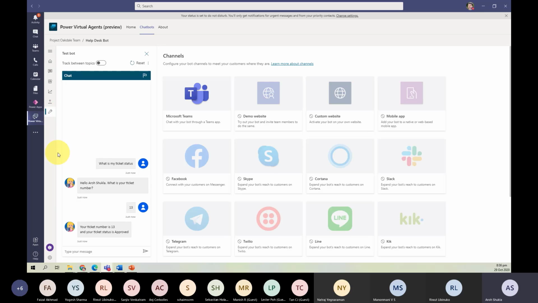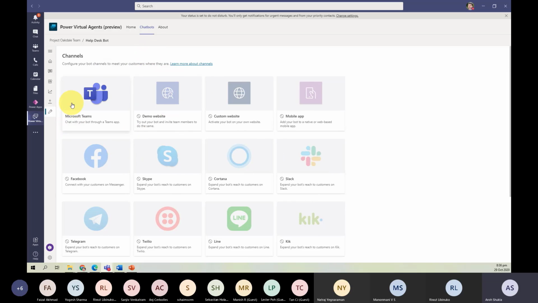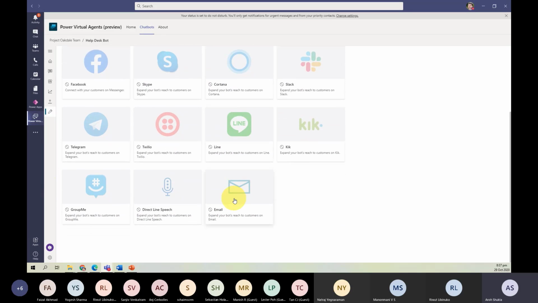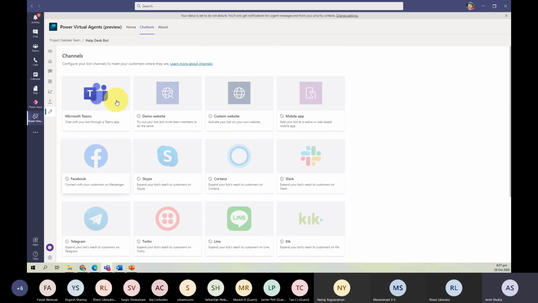When you go to channels, I just click here so I have more real estate. The only thing you can do is only with Microsoft Teams. You can't deploy any other place. You can't deploy on Facebook. You can't deploy on Cortana, any place, right? The only context you can do is within Microsoft Teams. If you want to not use the Teams environment, then you may have to get a licensing specialist to find out the cost for Power Virtual Agents, and how many users there are. Then you have to do that.